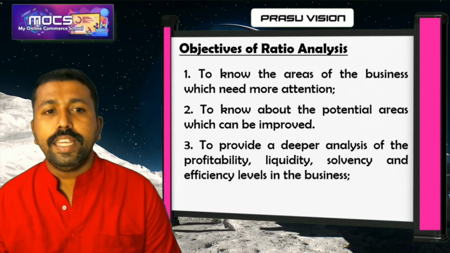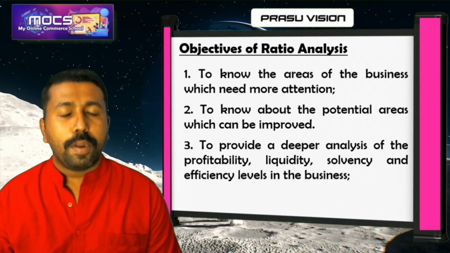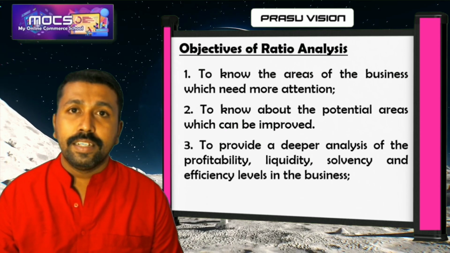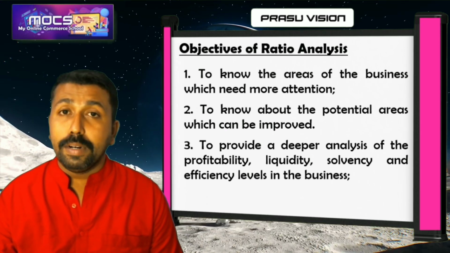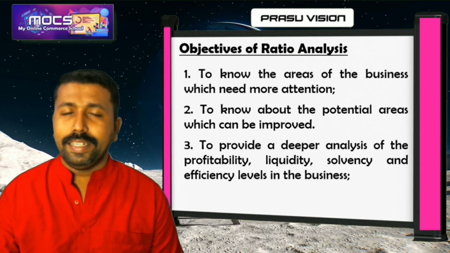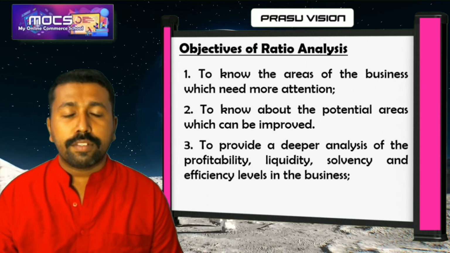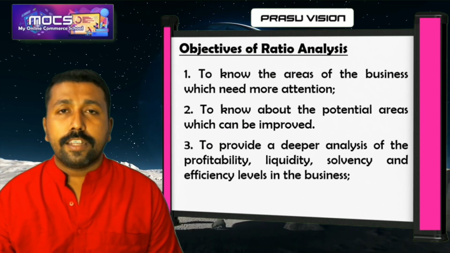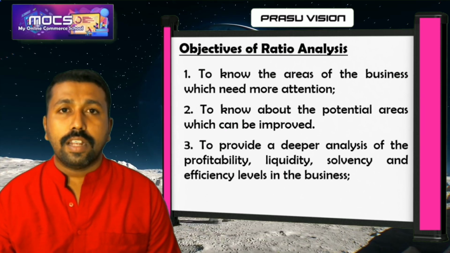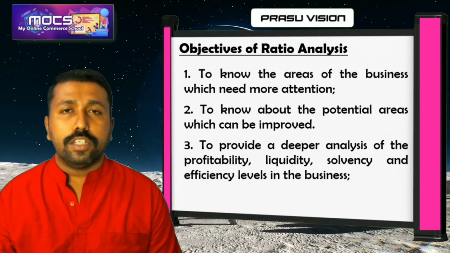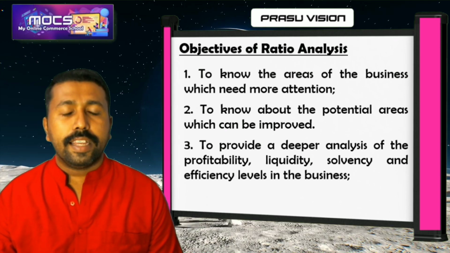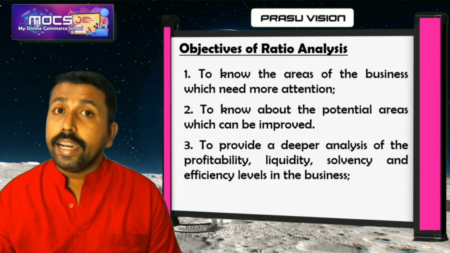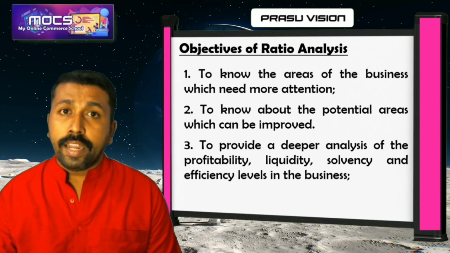It will be based on the profitability. It helps to know the profitability of the organization, net profit ratio, gross profit ratio we will learn, and solvency ratio shows the ability of the firm to pay the liability, debt equity ratio, total asset to debt ratio, that type of ratios we will learn, and liquidity ratios are there. Only two ratios like current ratio and liquid ratio we will learn in detail. Like that, turnover ratios, a lot of ratios are there, which help to conduct a deeper analysis of the financial performance